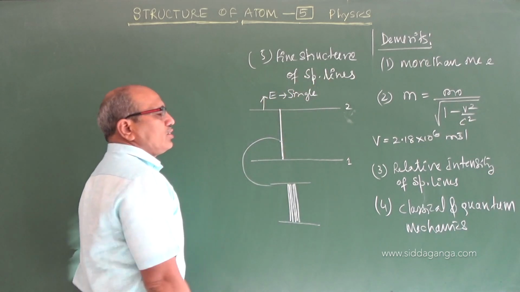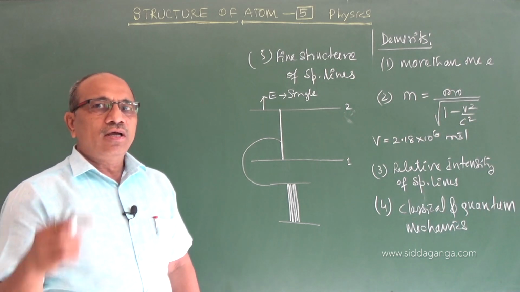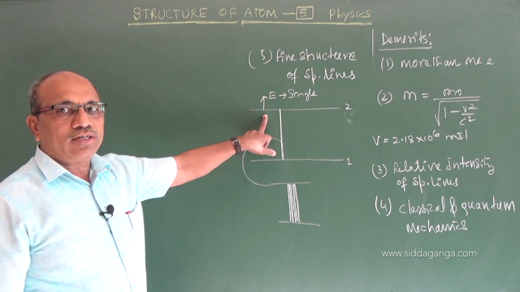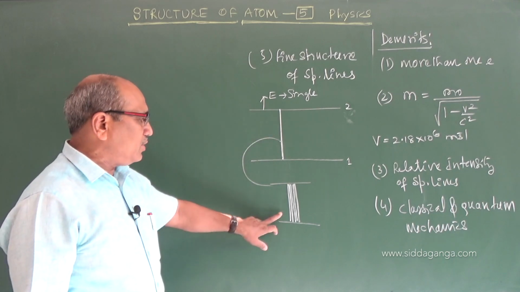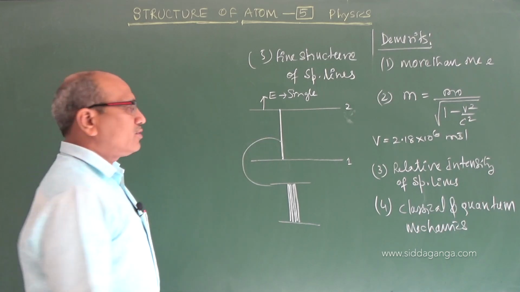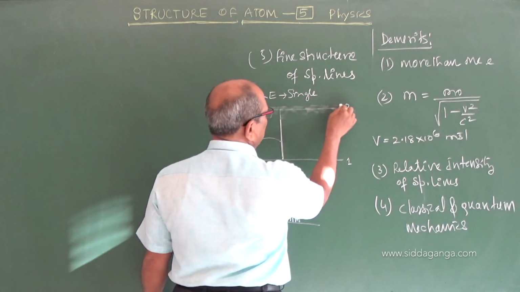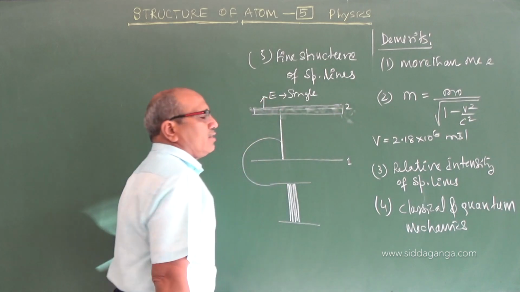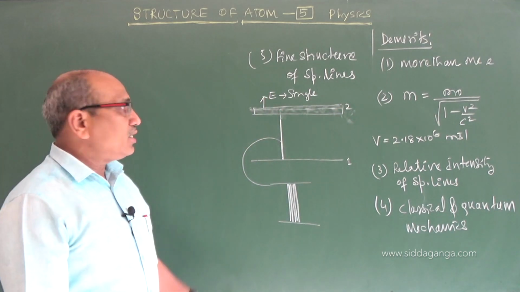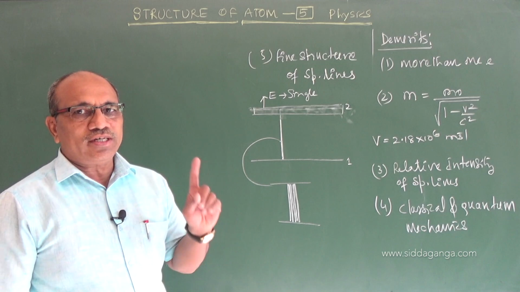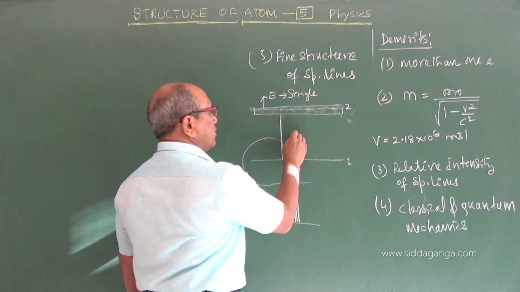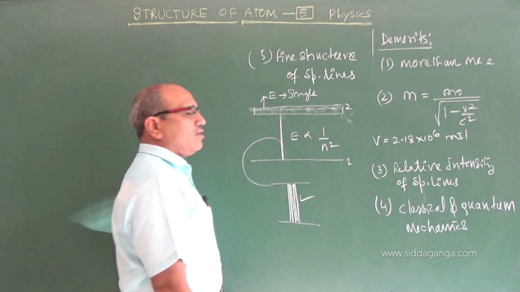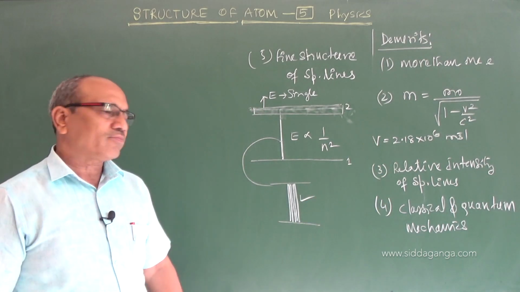which suggests the energy is not single. A unique or single value of energy for an electron in a particular orbit is not admissible according to this. Some range, a small swing in the energy of the electrons, is possible in different orbits. But Bohr theory gives you a unique energy because energy is proportional to 1 by n square. This fine structure cannot be explained by that.